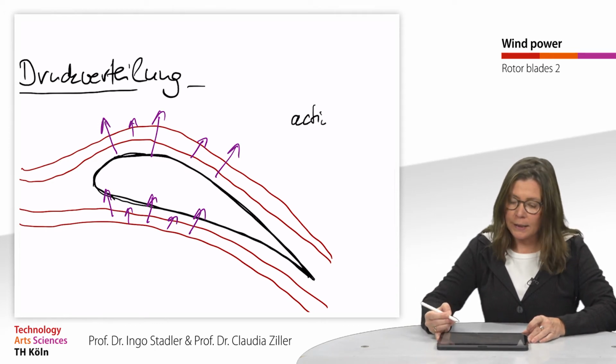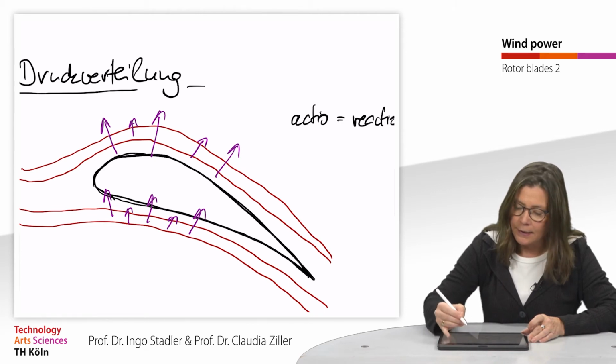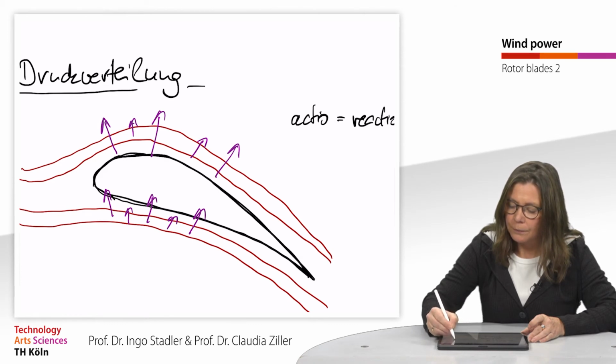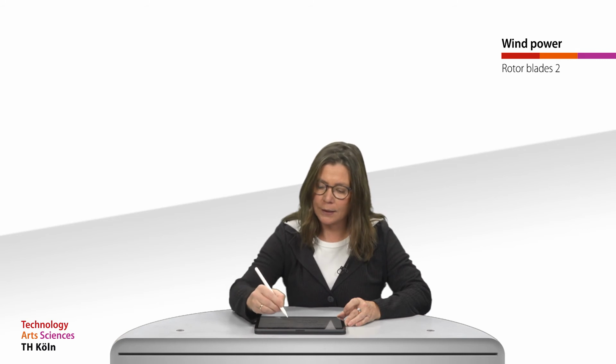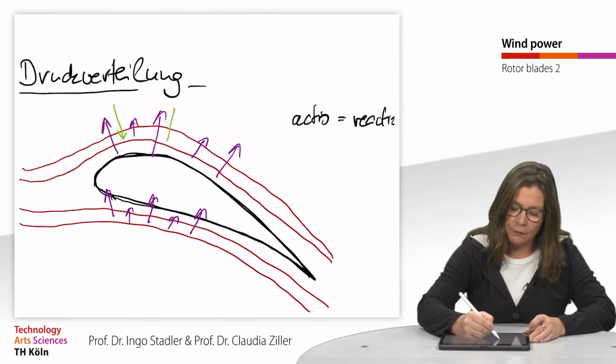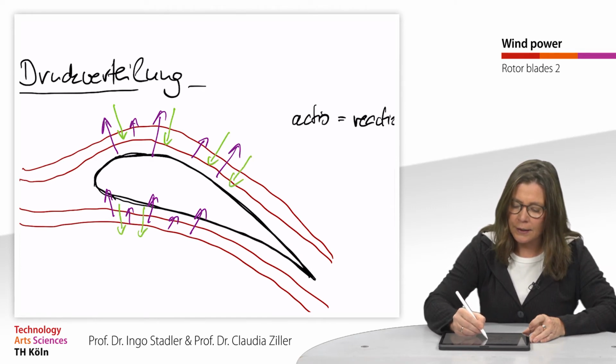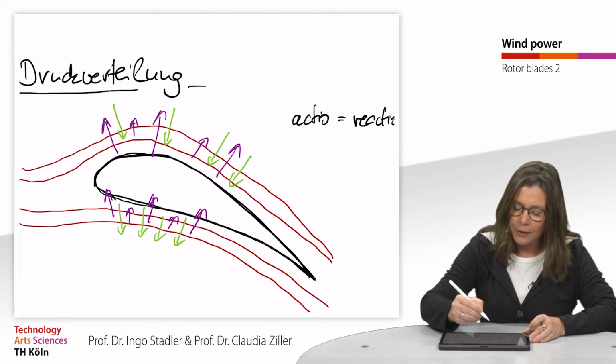And when you have forces, you have forces against it. Like Newton said, he said it in Latin, actio to reactio. So you need a force against the centrifugal forces, and these are pressure gradient forces. So we draw pressure gradient forces, maybe in a green color to see it better, working in the opposite direction to the centrifugal forces, above the airfoil and below the airfoil.